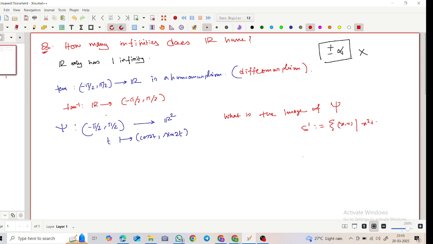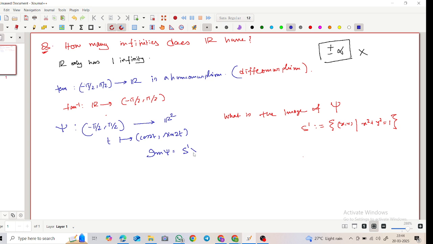X square plus y square equals to 1, right? The unit circle. So can you tell me what is the image of psi? I think the image of psi is basically S1 minus